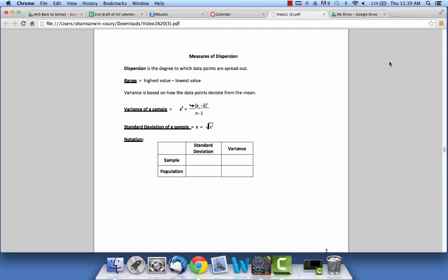So dispersion is spread. Range is a type of dispersion. That's where you just take the highest value and you subtract the lowest value. Variance is a question of how different things are from the mean. So real quick, let me tell you,